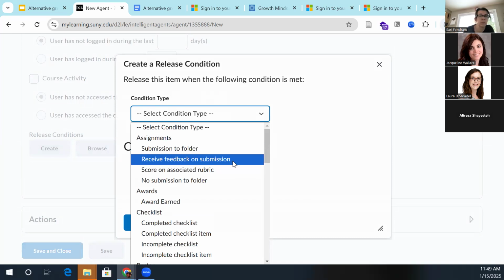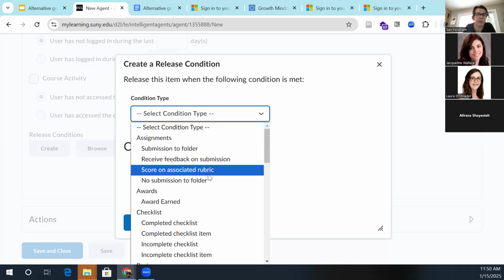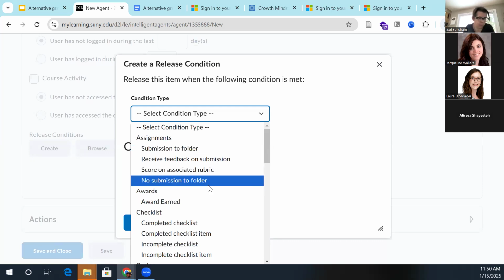So if you provide feedback to the students, or if you're doing peer evaluation and someone else provides feedback, students could be notified by an email that they've received some feedback, and that could be triggered automatically. So if you're grading a few things or providing feedback a few things at a time, you can do that. You could do it to remind students that they now have a score on a rubric, or if there was